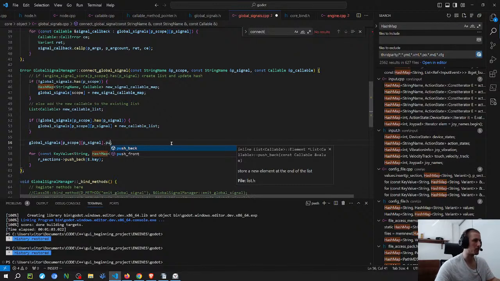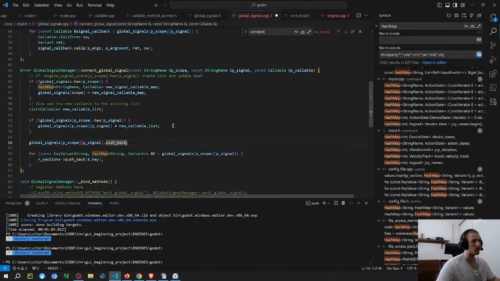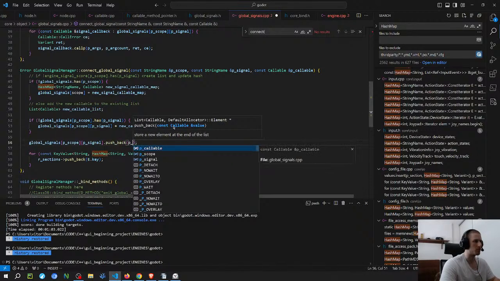So obviously this depends on the order I want. Sure, the signal should be called. It probably matters, but not that much. So I think it makes more sense that the ones that are added first should be called first. But I'm not really sure which order that will be. So push back is probably the one, because the way that I imagine it is similar to a vector, but obviously connected through pointers because of a linked list. So I think just push back might be callable.